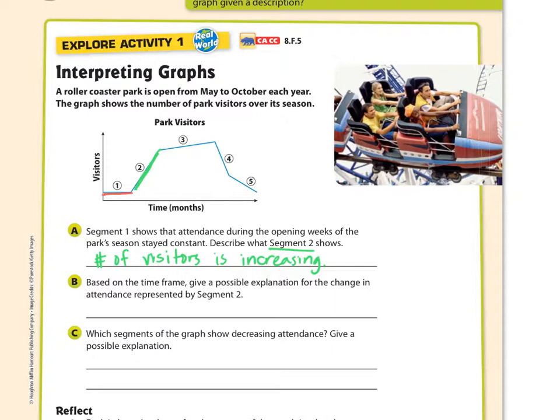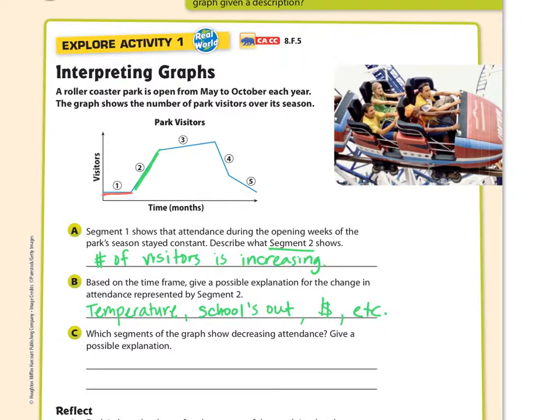So we can say something like, maybe the temperature gets better, right? So maybe it was colder and then it got a little warmer and people were okay with going out. Another reason is maybe school's out, right? Because it opens in May. So after school gets out, like say end of May or in June, they're going to get more people coming, more families, more kids. You could also think about price, or there's also a lot of different explanations you could come up